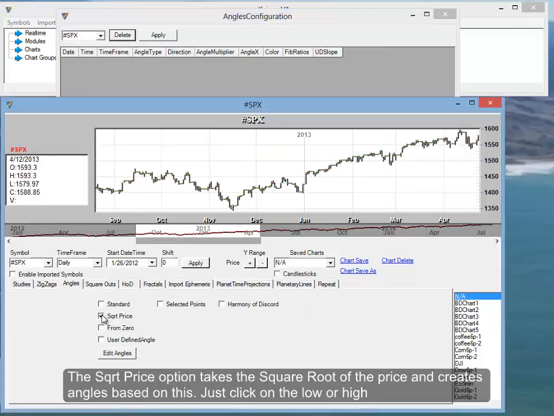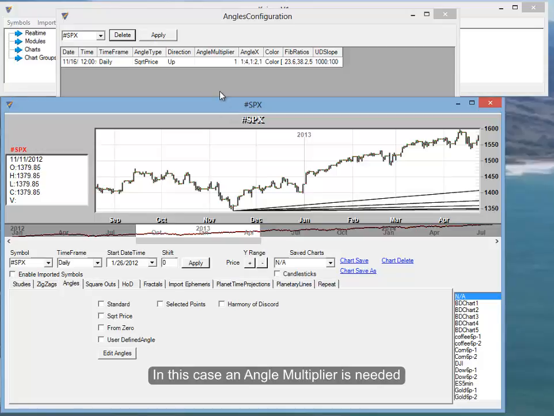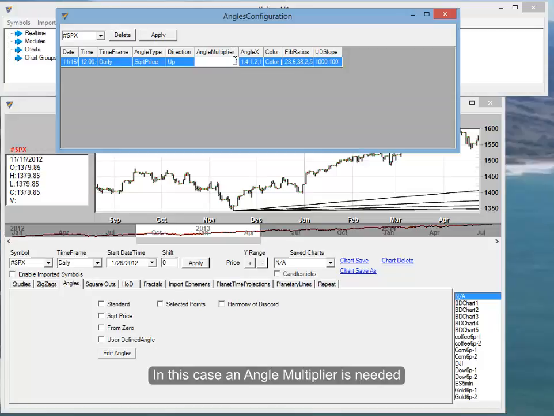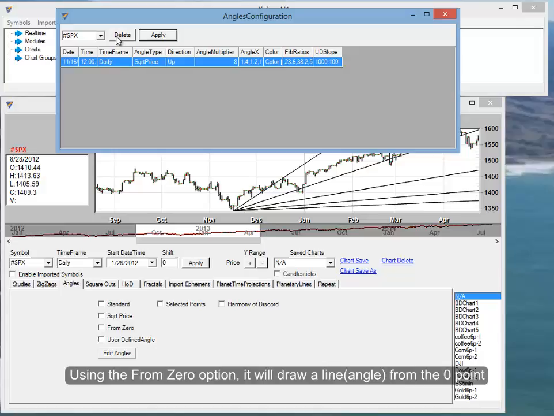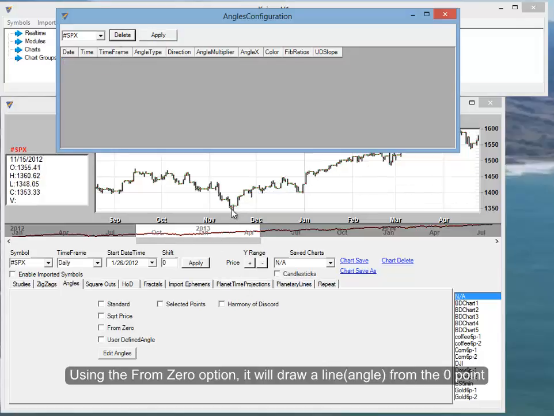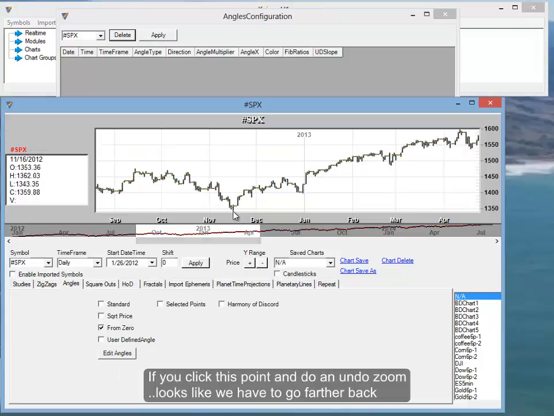Square root of price takes a square root of the price and creates angles based off of that. You just click the low or the high. And in this case, you're going to need to use an angle multiplier. From 0, we'll draw a line from this point all the way down to 0, and then it'll draw lines. So if you click one point right there and then do an undo zoom,